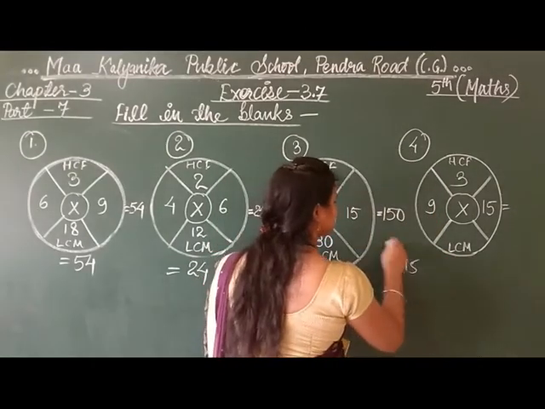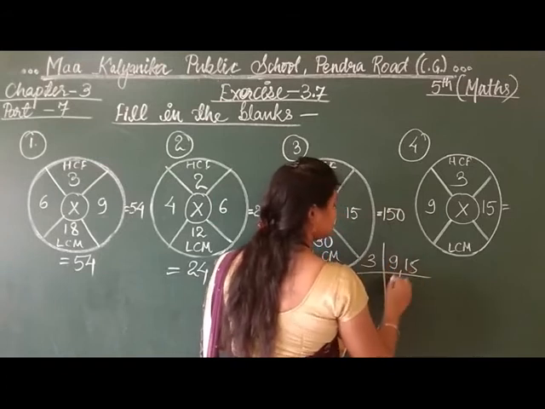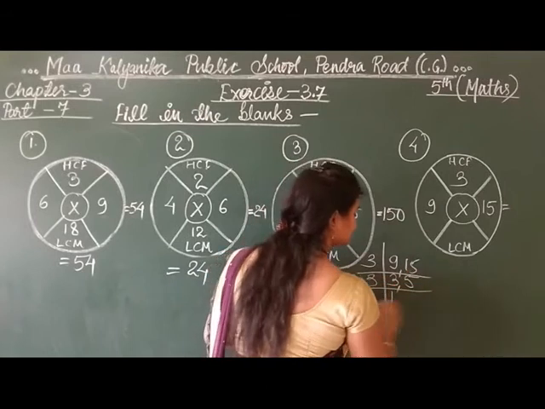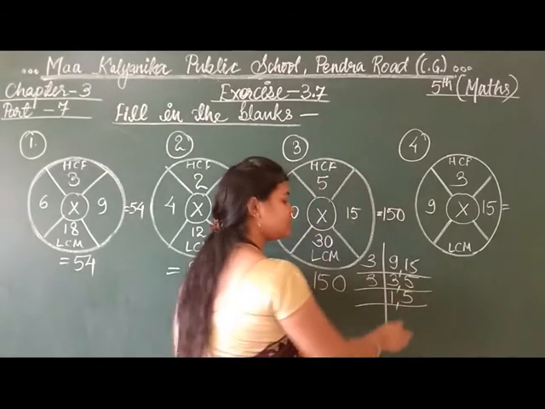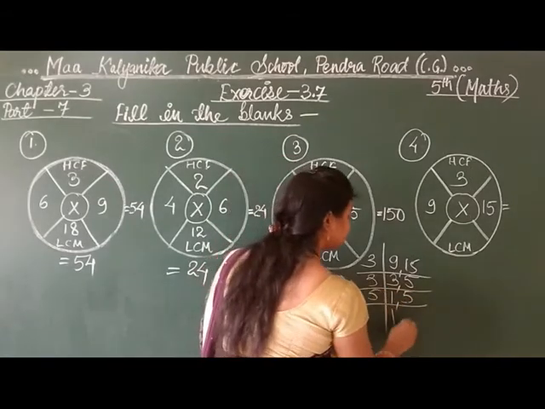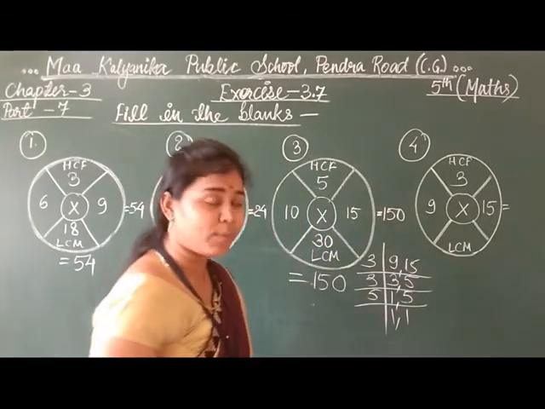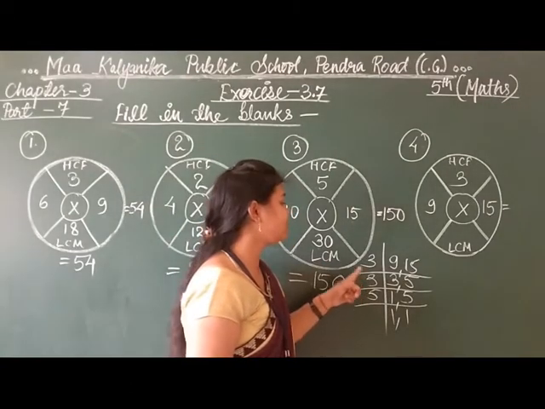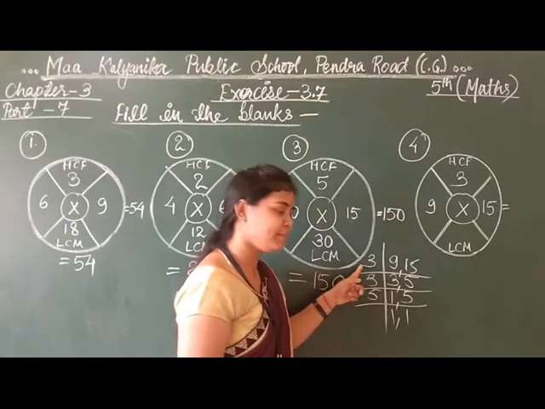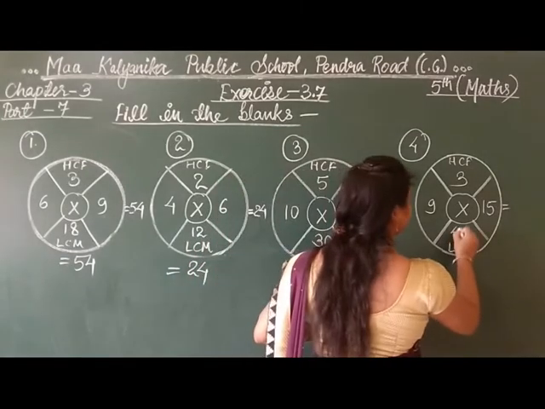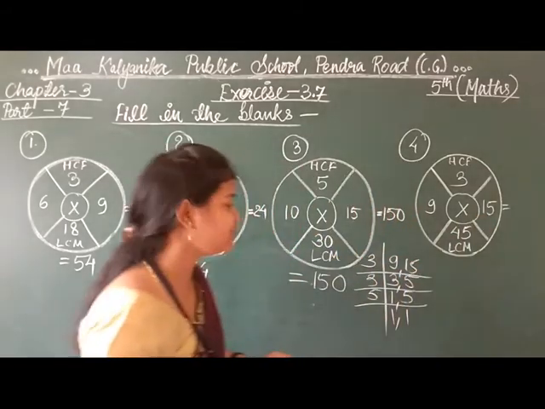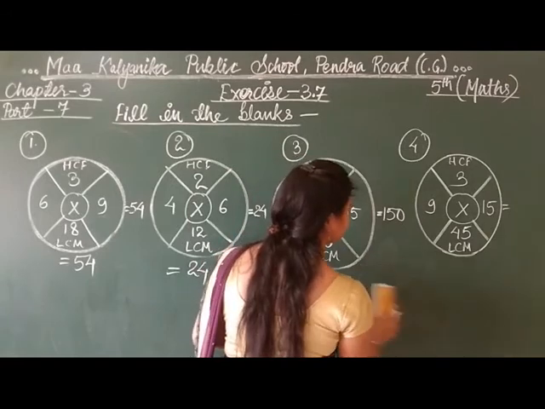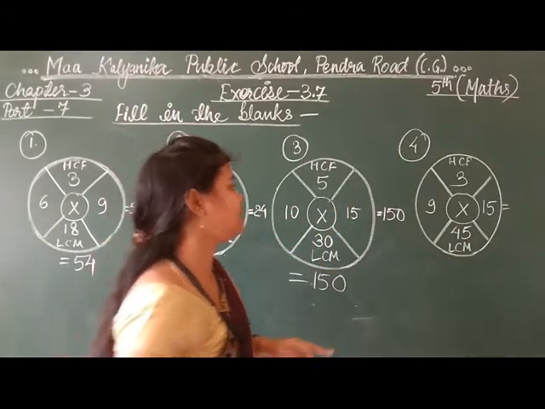9 and 15. So see students, 3 threes are 9 and 3 fives are 15. Now 3 ones are 3. In the table of 3, 5 does not come. So 5 will be as it is. Then 5 ones are 5 and 5 ones are 5. Now multiply all for finding the LCM. 5 threes are 15 and 15 threes are what? 15 threes are 45. Yes or no? If no, calculate once. 3 threes are 9 and 9 fives are 45. You can also calculate it this way.